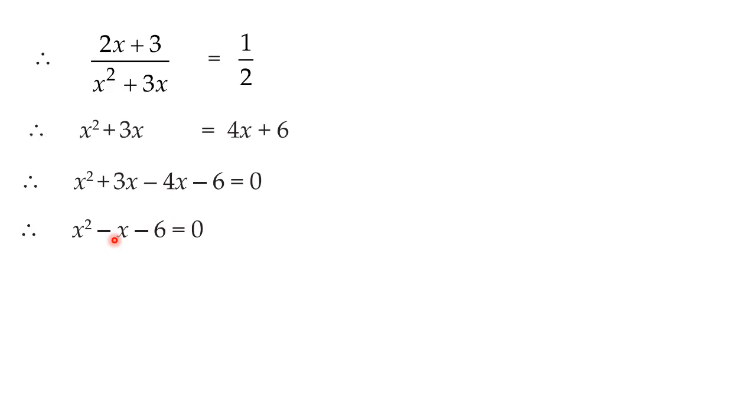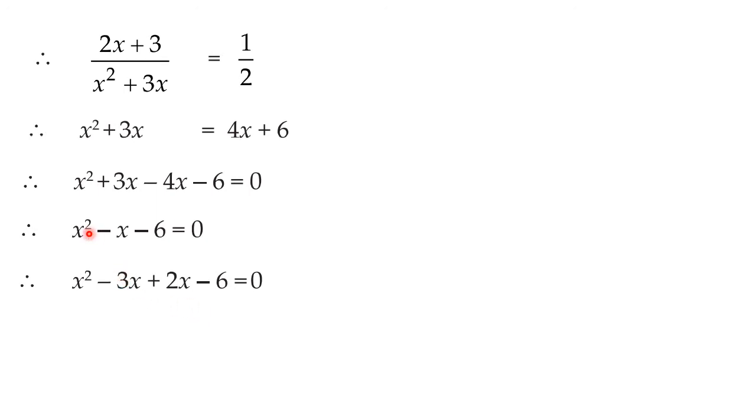It is very easy to find the numbers. 3 twos are 6, and 3 minus 2 is 1. We got the numbers. Now we have to decide the sign of the bigger number. The middle term is negative, so because of the middle term, the sign of the bigger number will be negative. The numbers we already know are 3 and 2, but to be more precise, the numbers are minus 3 and plus 2. So this middle term we can split as minus 3x plus 2x.